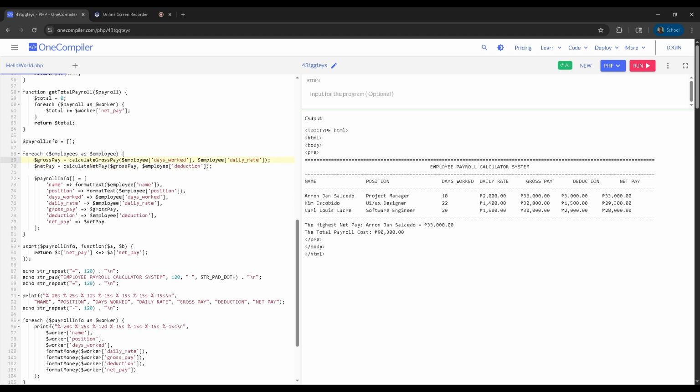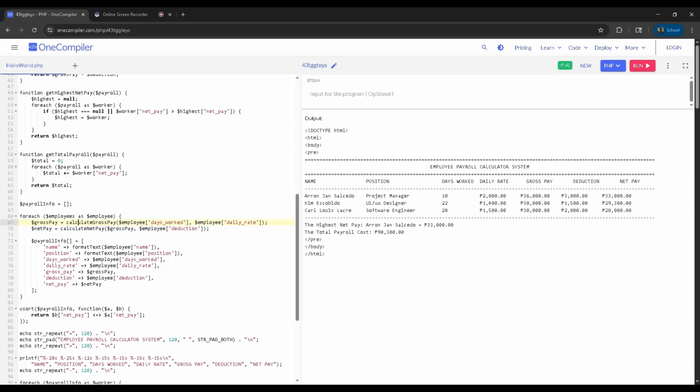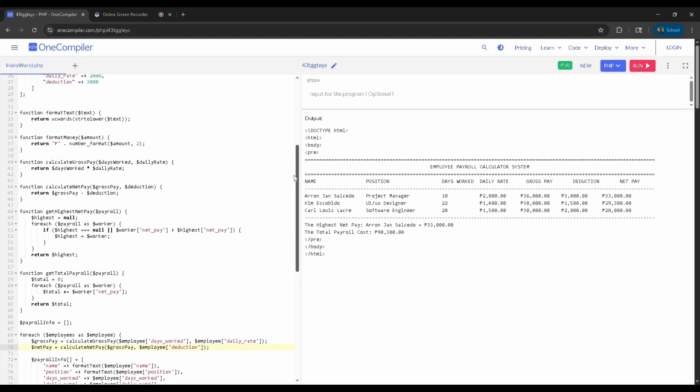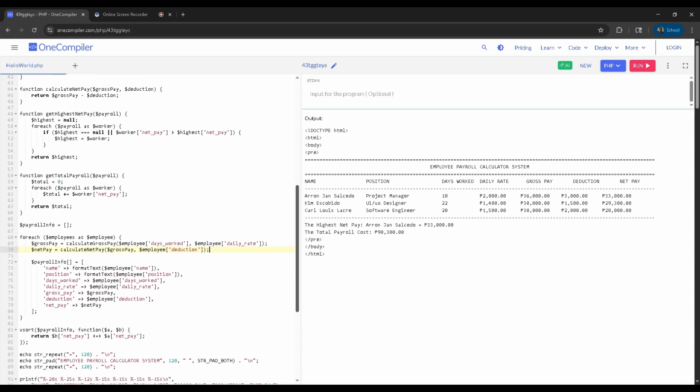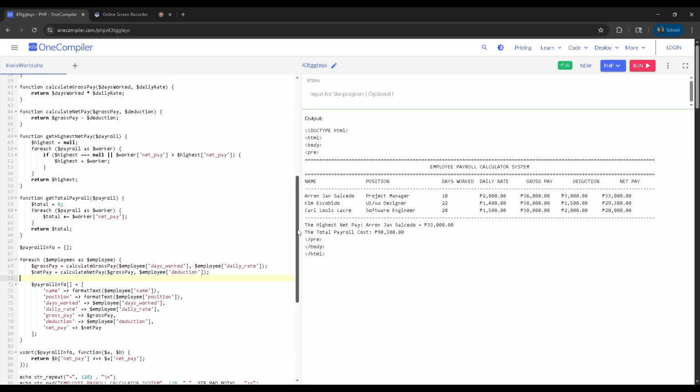So next we have here the dollar sign gross pay. I'll be naming the variable gross pay, so it will hold the function, which is the calculate gross pay here. Next we have our net pay. The net pay will hold the calculate net pay function.